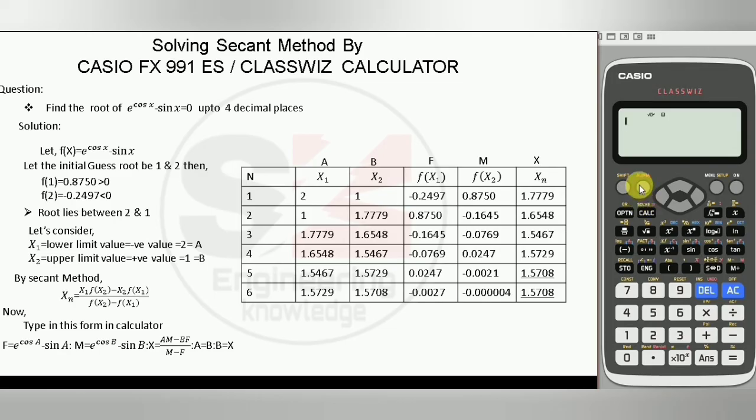Then alpha, then f, alpha is equal to shift e cos alpha a bracket close, minus alpha sin alpha, then this colon sign to separate the equation, then alpha, then m, then is equal to